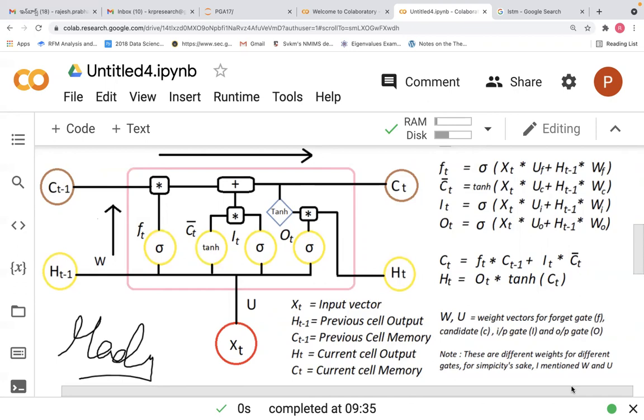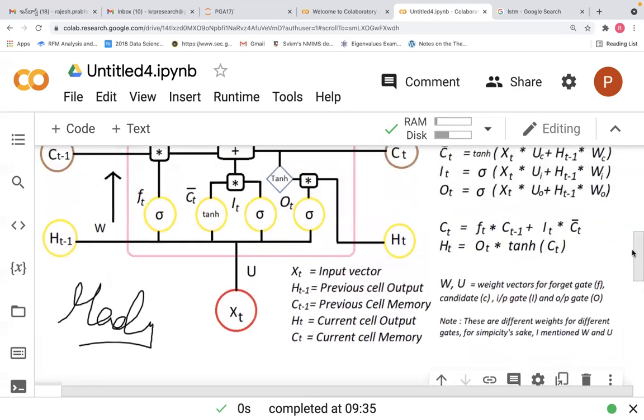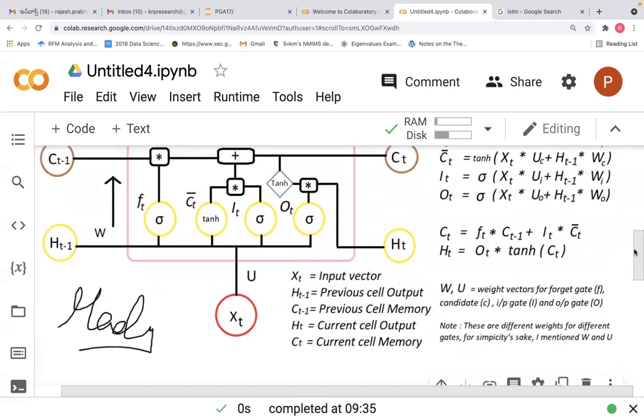C is your candidate gate, the input gate, and the output gate, and W and U are weight vectors. So this algorithm has something called a forget gate. The forget gate is for removing the observations which are not relevant to the